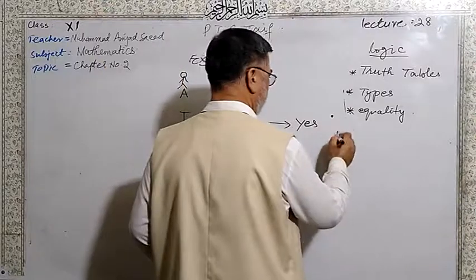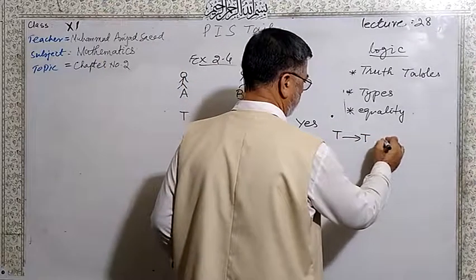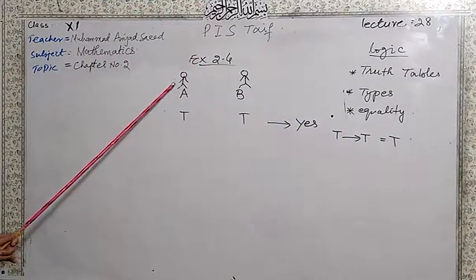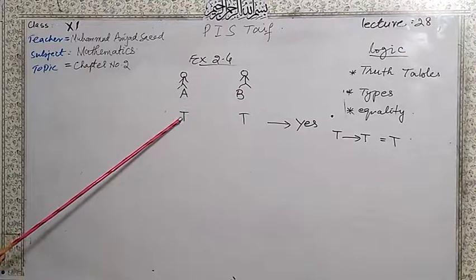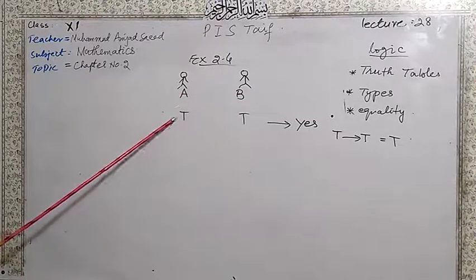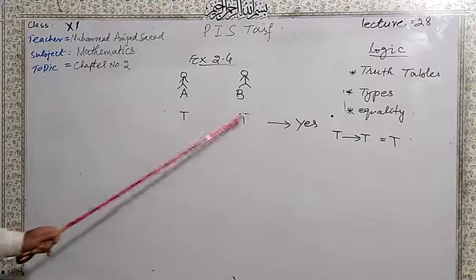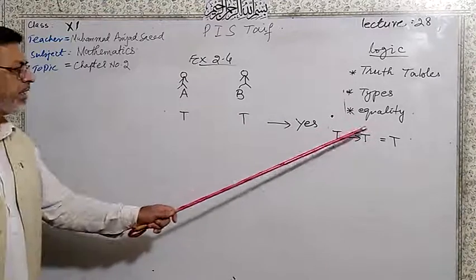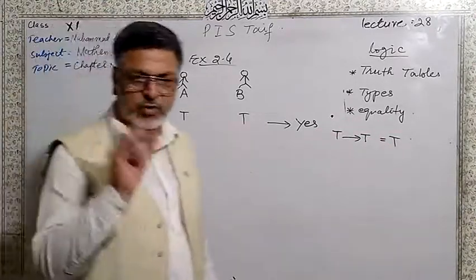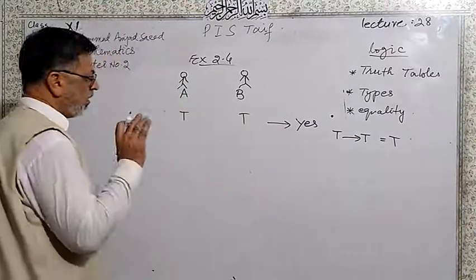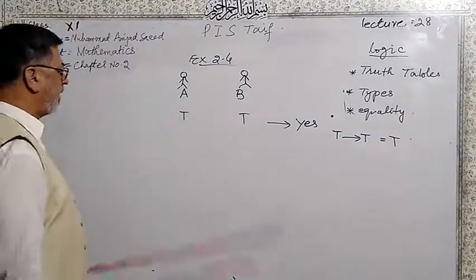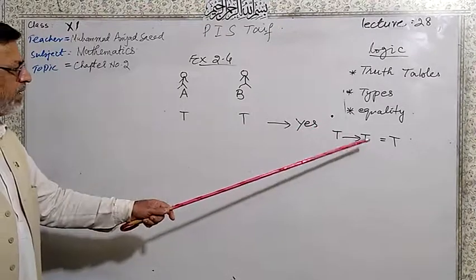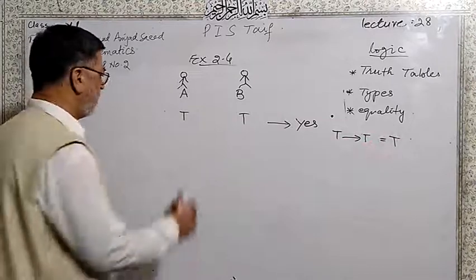It means that T to T is T. A is you, B is your friend, you are at home, he is at home. If you want to meet him, he is at home and he can meet you. So in this way, your answer is T. T to T is T. This is your logic for the truth table. First, I hope that you understand that T to T is T. You are going to meet your friend. He is at home, so you can meet him.